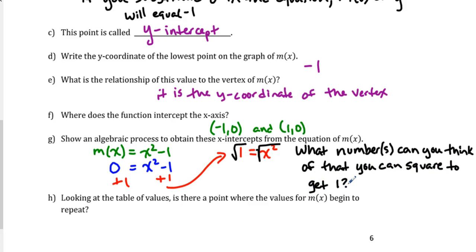That's what we're asking. And hopefully you realized 1 squared is 1. Well, there's also another number. It's negative 1, because negative times a negative is a positive, and that is the solution set. So, okay, where are these numbers going? Well, those are the x's that are going to give us y's of 0, right? So we just made a connection between what we saw in the graph and what we can figure out algebraically